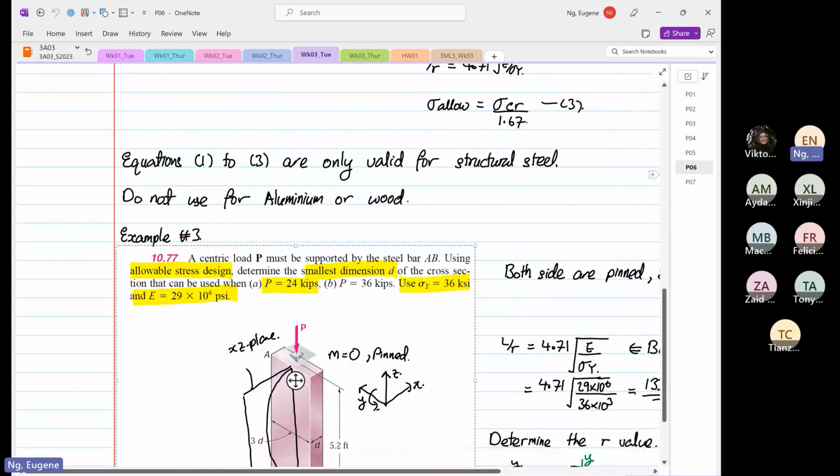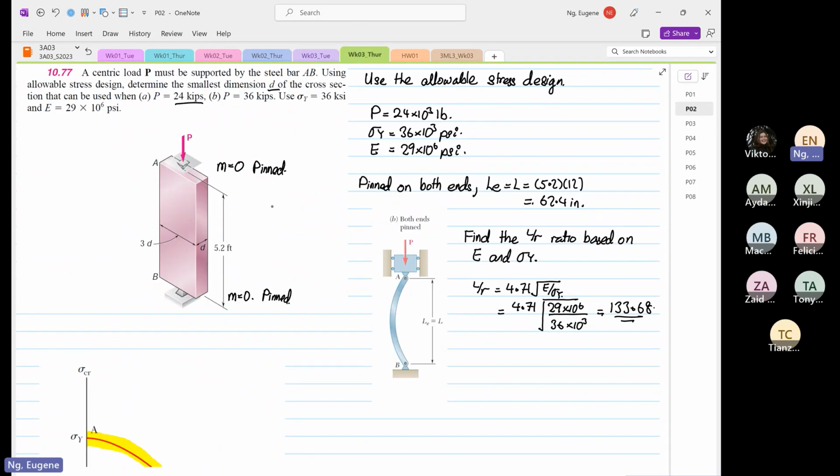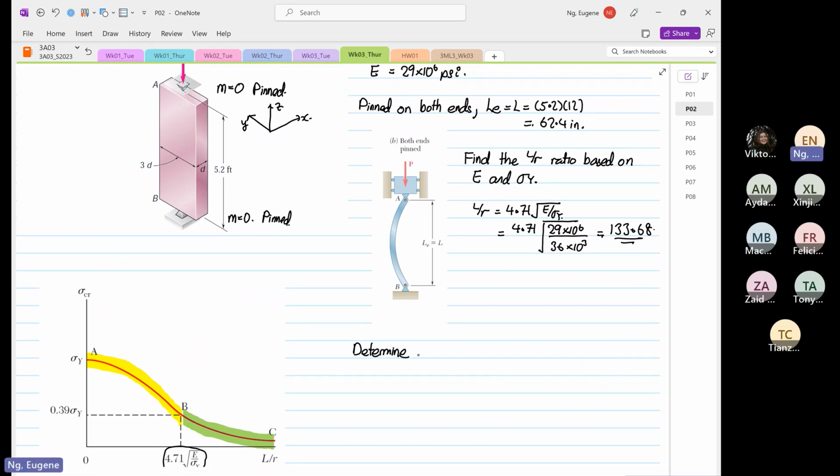X, Y, and Z. This will be our X, then this will be our Y, and this will be our Z. So we have to now determine on which plane